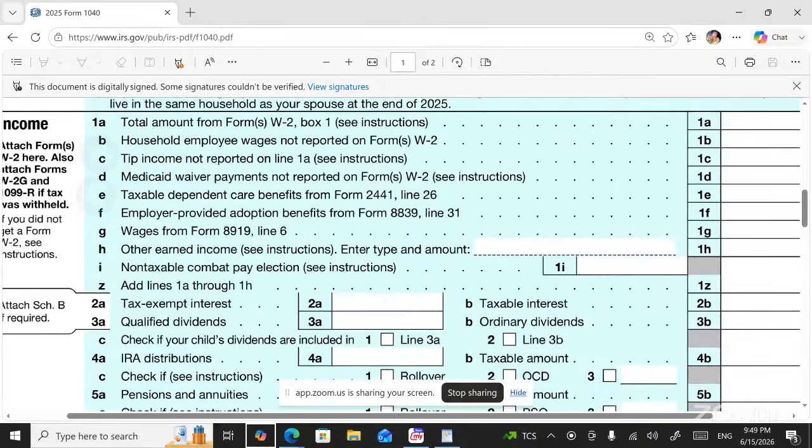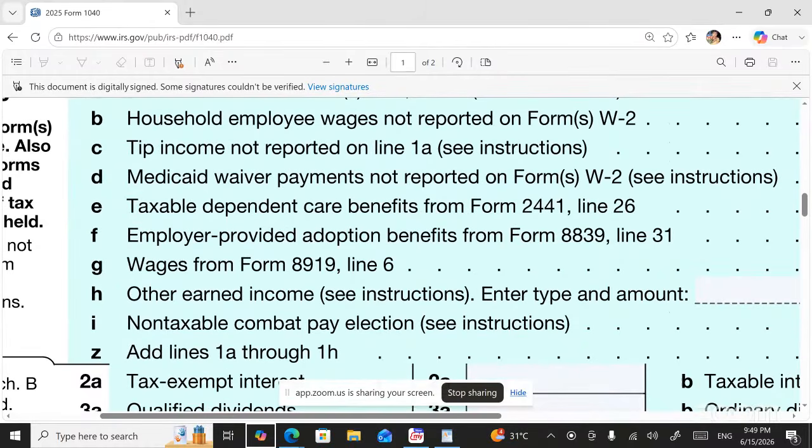Medicaid waiver payments are not reported in form number W-2. Strictly speaking, it is not salary income. It is also not any other services income. Suppose any family has a disabled person, physically or mentally disabled, and that disabled person is supported by